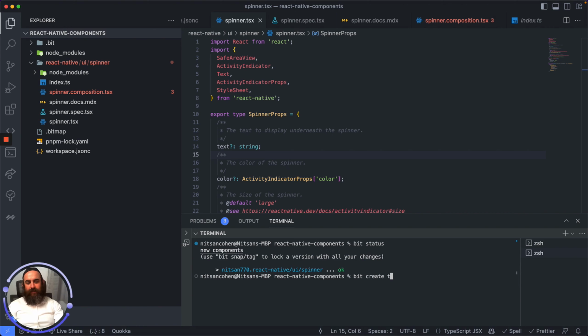So bit create react, and let's call it my React, sorry, React Native, right? And also here we have to have native. Cool. And now we're going to use the same scope, of course. It's 770 React native. And Bit is going to create this component for us from the template like you saw